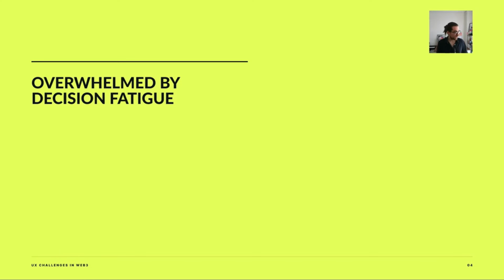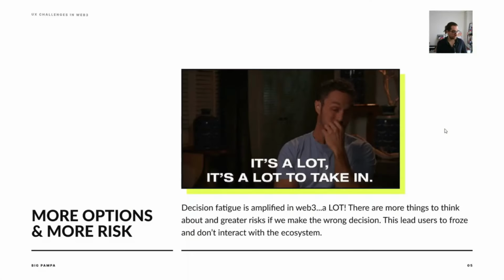So, first challenge that we're gonna talk about today: overwhelmed by decision fatigue. Decision fatigue is not something new. This is already a challenge in Web 2, but in Web 3 it just gets amplified, and a lot. Users need to choose between blockchains, protocols, wallets, pools, settings that they may have never heard of in their life or do not understand, and all of this while avoiding scammers, bad actors, and losing their funds in the multiverse,